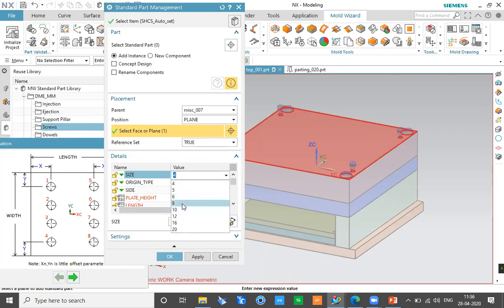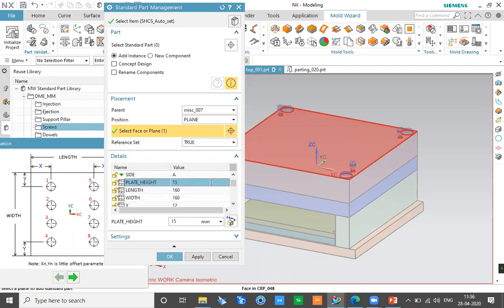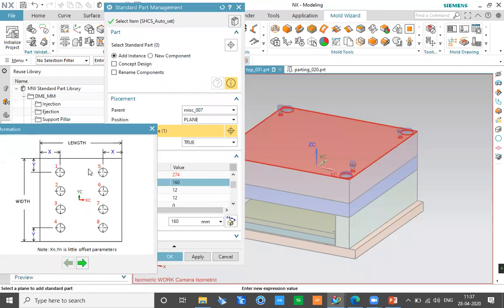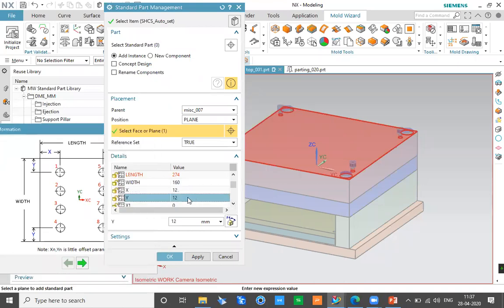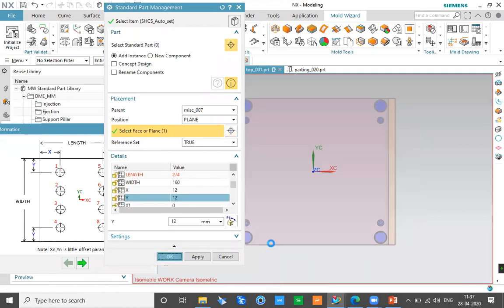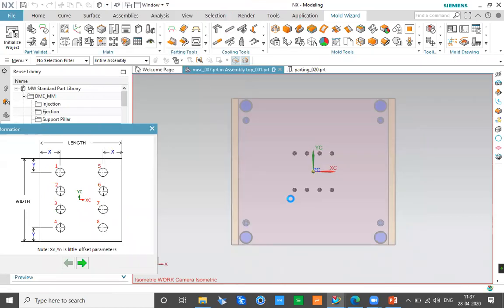So here I'm defining that I want an M8 bolt. Again, I'll define the plate thickness as 20 mm, the upper plate thickness. Then this is 274 and this is 234. I'm just defining random values here, and I want the spacing, the X and Y origin, a spacing of 12, 10, 12, 12 mm on both sides. I'll just keep it as it is for now, click OK and check how exactly it's going to look.